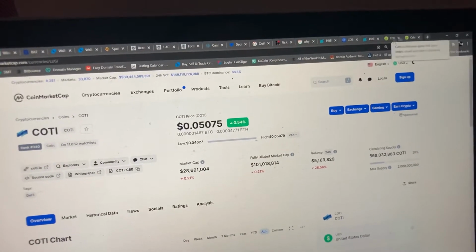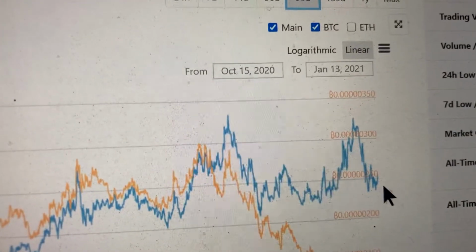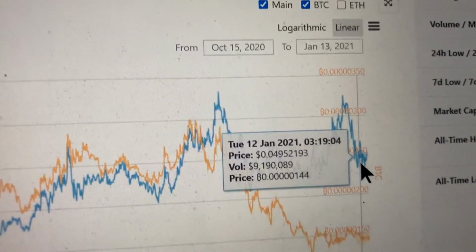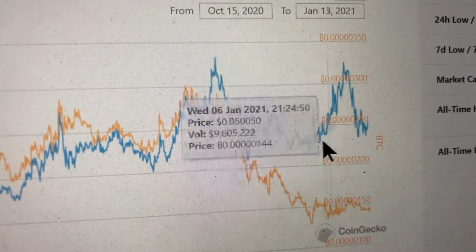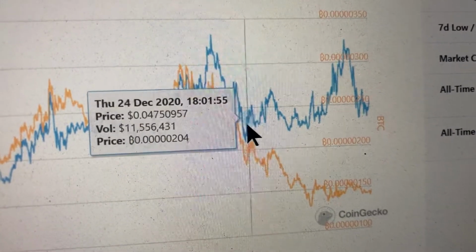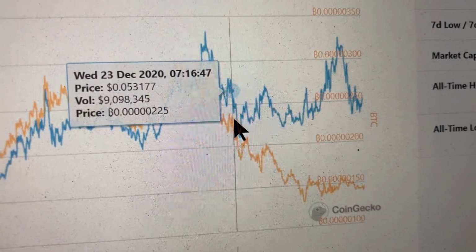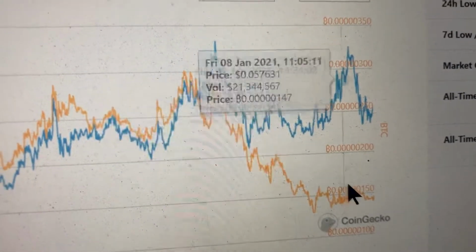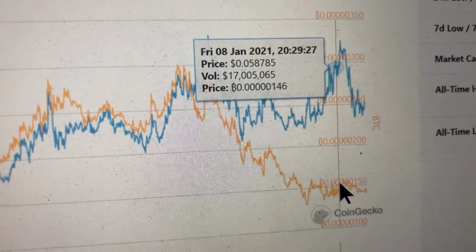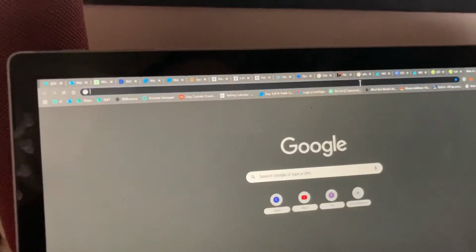So looking at where I can actually get some data, what I see in here is that the price is actually going down to 144. So between that 1 and 2, you see all these percentage gains you could be making. If you're shorting, for example, let's say at this point here, you think it's going to go down half the value. You know what I mean? Yeah, that's one reason you need to use CoinGecko or